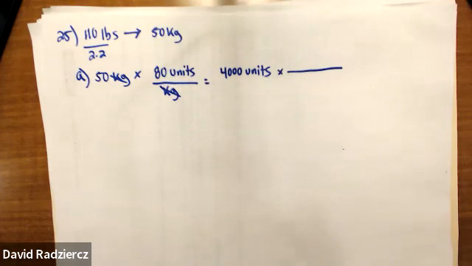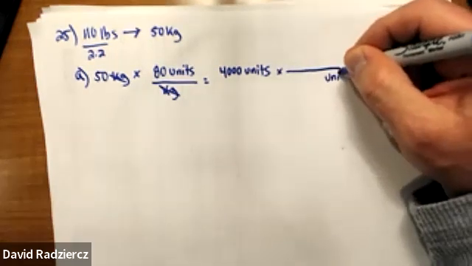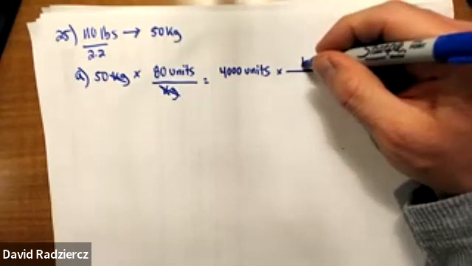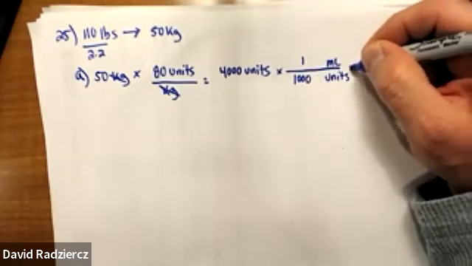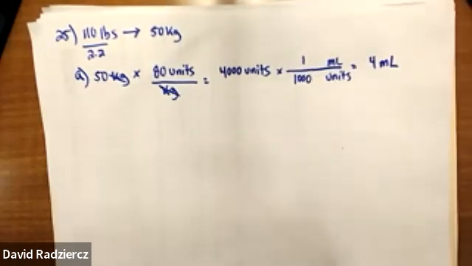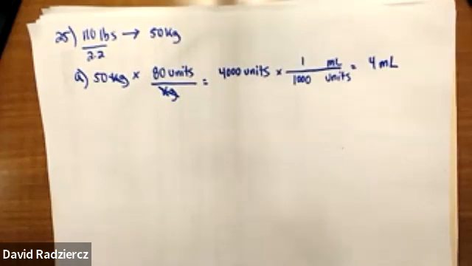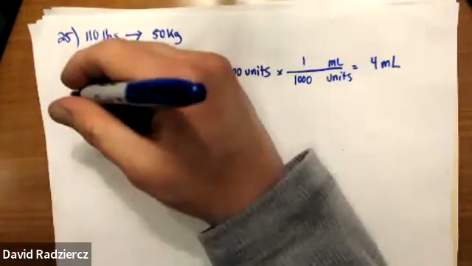So what I'm going to do is take the bolus dosage strength. The bolus dosage strength, remember, was 1,000 units per milliliter. And where did I get that from? Step 2 of the Heparin protocol. So I don't want units, I do want milliliters. 1 milliliter, 1,000 units. And my answer is 4 milliliters. So I would administer a 4 milliliter bolus dose, and then I would start them on the IV drip. Now, in order to know what to program the infusion pump to, that's where the next step